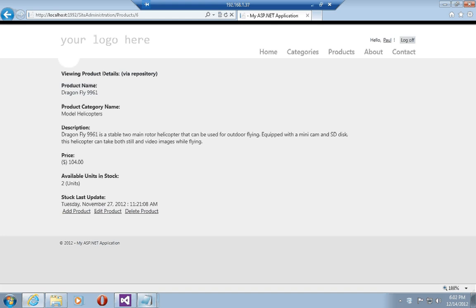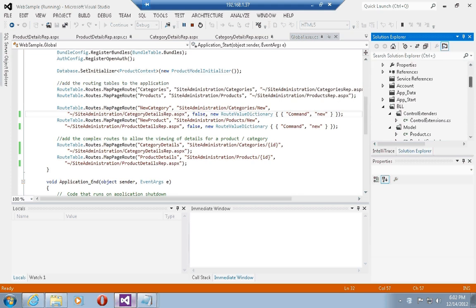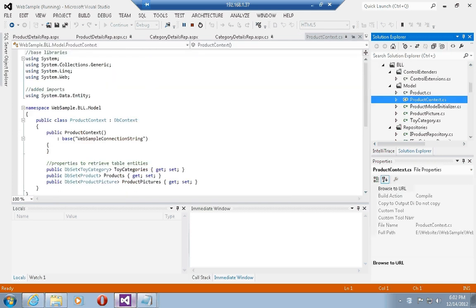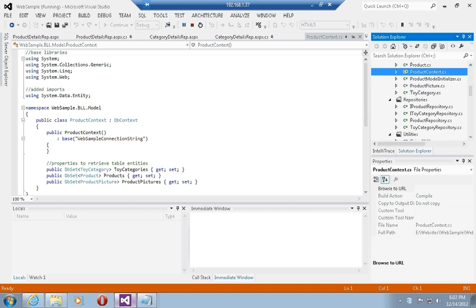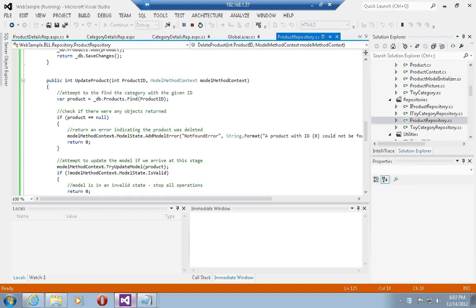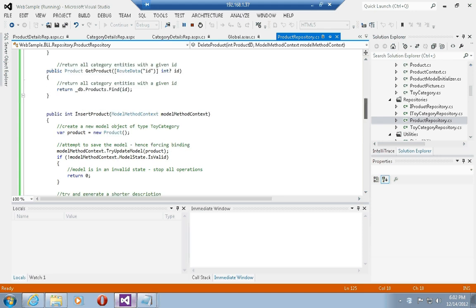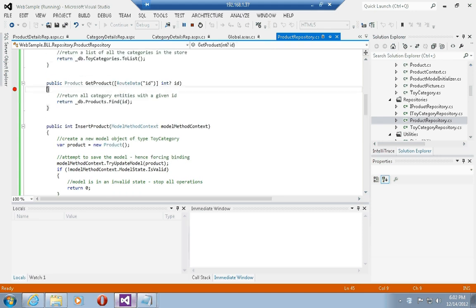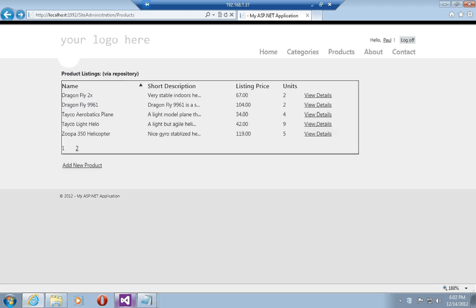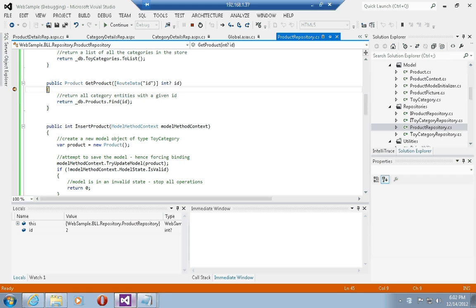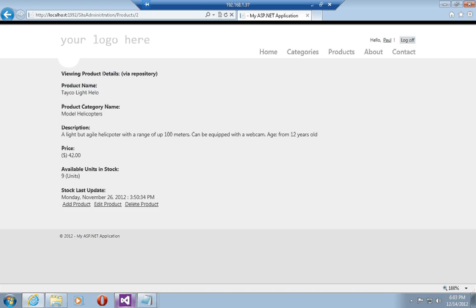the repository. And if I go into my repository class, for example in the product context, in the product repository class, I can put a breakpoint on get product. So let's just go back and click another product. And now you see that I am getting my parameter directly from the route data, and the ID is 2, and I'm actually calling all the way down into the repository from my form view control, which is on the page. So this is the way you do